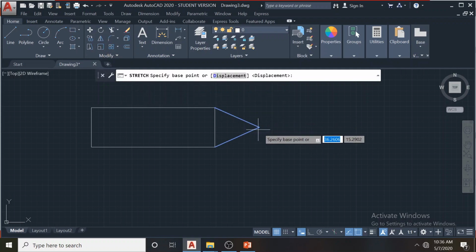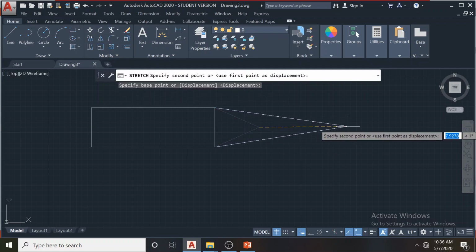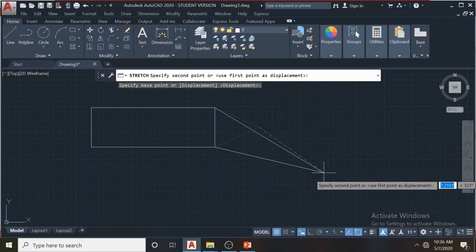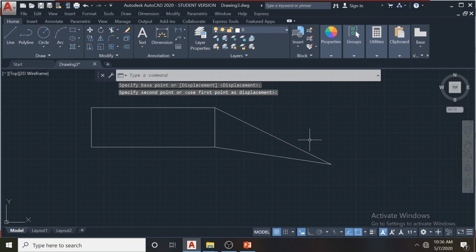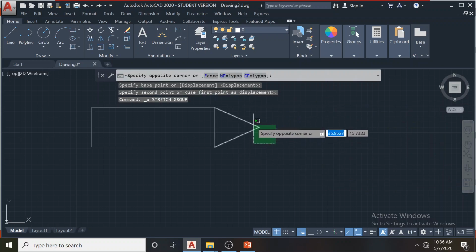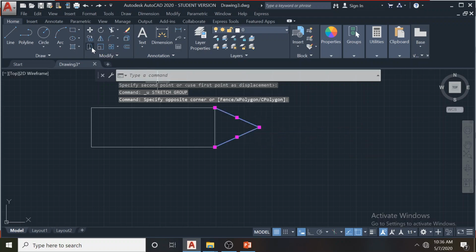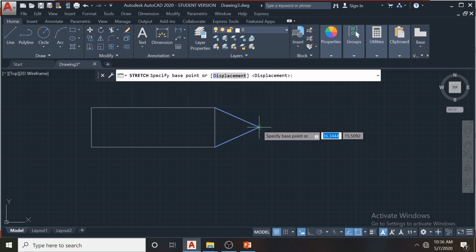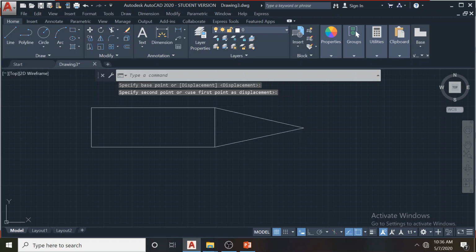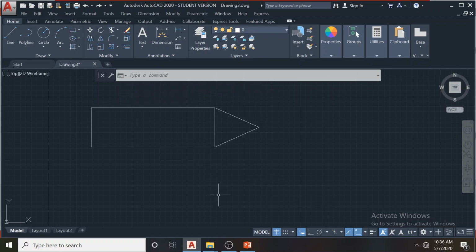Remember those important selection methods. Now it's going to stretch. So very important. Just use the right to left selection and run the stretch command. It will nicely work. It depends on the software. When you use another software, this method may be slightly different, but the outcome is the same.